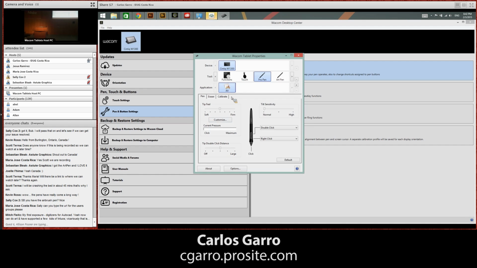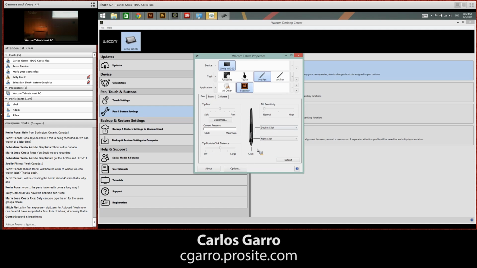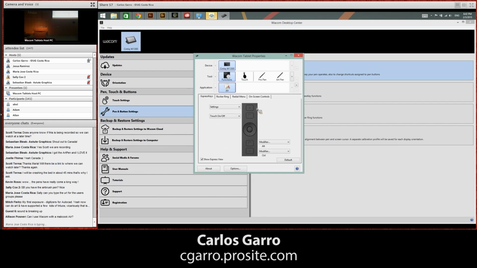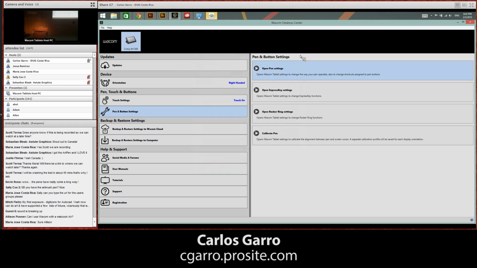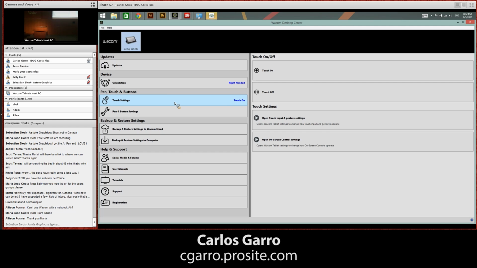for all applications, or you can add a specific application, for example, Illustrator, and you can set up different settings for this pen in Illustrator, different settings for this pen in Photoshop, etc. Okay, you can set up, for example, in this case, the functions available in the buttons on the side of my Companion right now, and this machine is also a touch device, so you can have access to all the touch tools, for example, available in Illustrator. Okay, it's a beautiful machine,